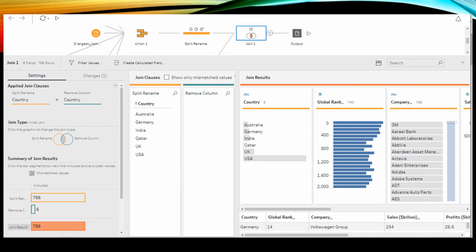Here you can see, my friends, what kind of data you are producing based on your ETL. So it gives you the data profile. Like you can see how many countries are there in the data, what is their global rank and the data distribution, etc. And the type of join being performed, whether it is inner join, outer join, full outer join, you can see very easily, and also the joining columns, that also it shows.